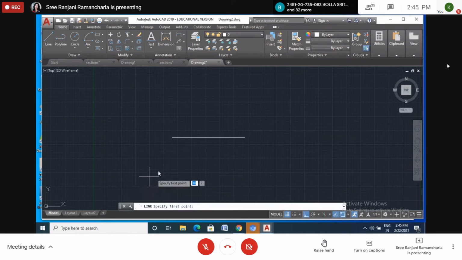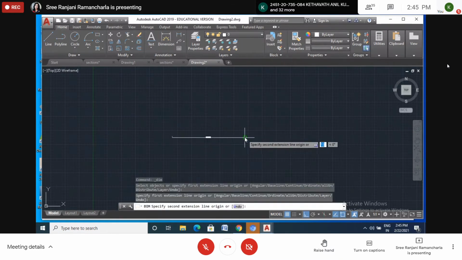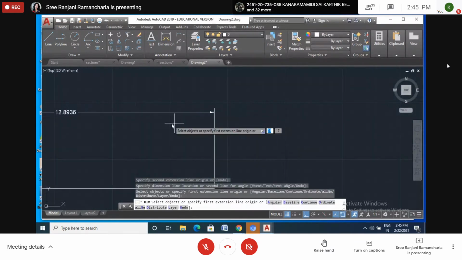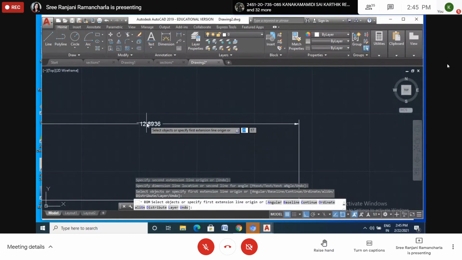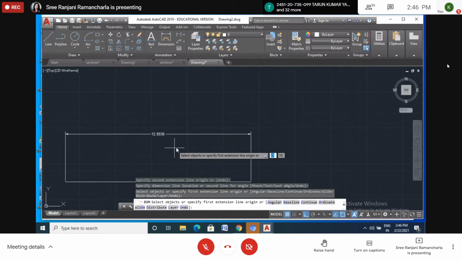Here suppose some length is given. If I don't take the precision, it is only up to 0, so it will show only this part. Now here how much is this, 0.8, right? So 0.8 is approximately near to 13. Yes or no? If I take precision only 1, it won't take this 0.8. Even though 0.8 is there, it will not show 0.8, so it will show a lot of error.